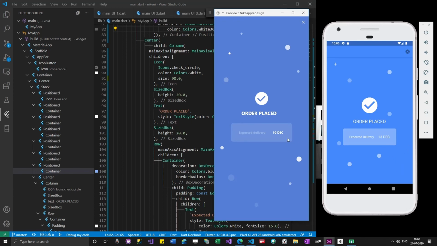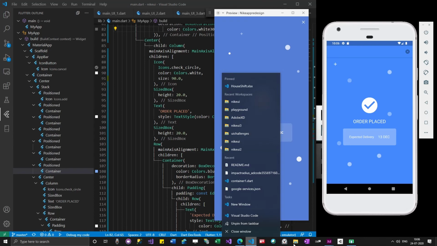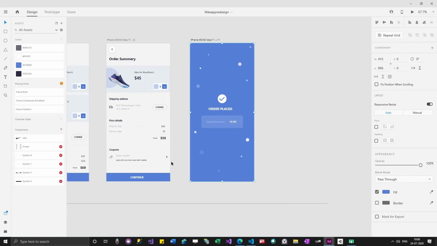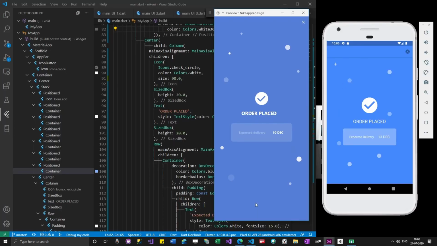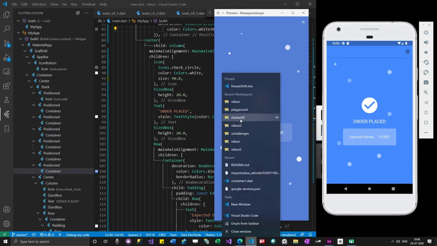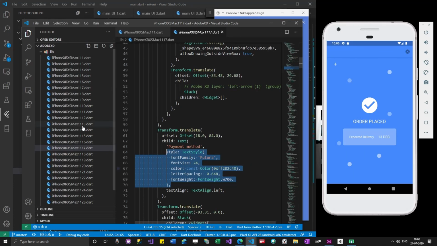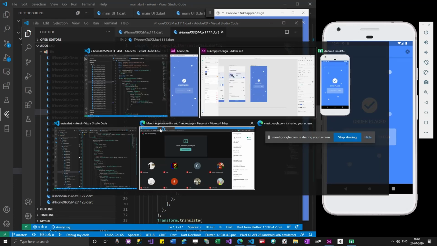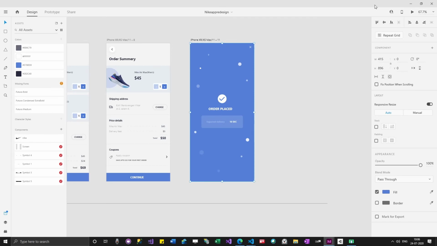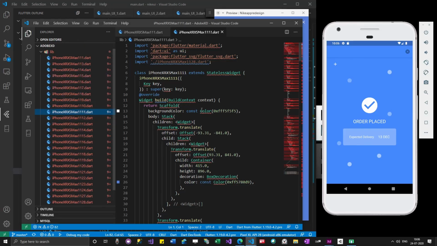I think that's it for, like, I will leave copying these styles from Adobe XD to you guys. So for an example, let me copy one of the code. In my previous classes I have exported all the code from Adobe XD, and I'm going through that code. I have created a folder Adobe XD and copied it over there. So 1111, I guess. Here the file name is 1111.